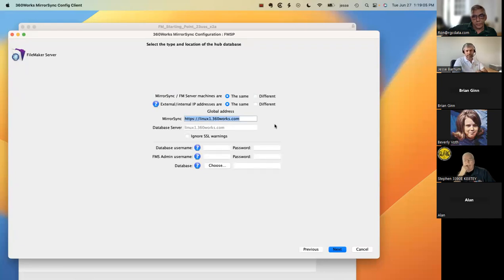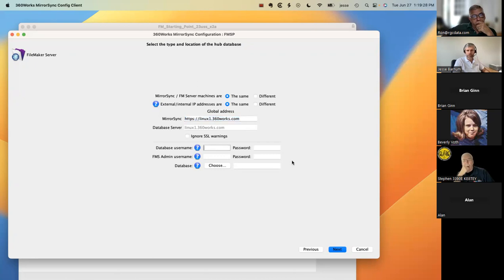There's basically, as far as installation goes, it's just like FileMaker Server. You SSH into the box, you download the installer package, and then you run a command line thing that just walks you through a little text-based set of prompts to install MirrorSync on your Linux box. So I am running this on an AWS Linux box,